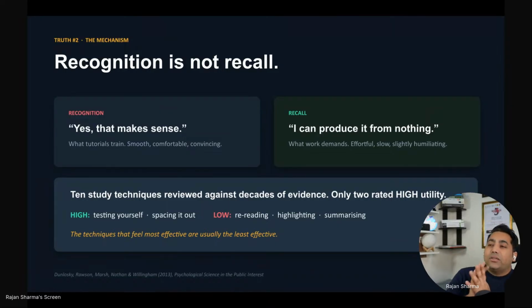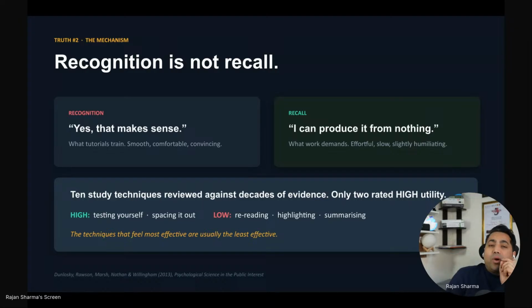So when you watch a tutorial, an expert is doing something in front of you smoothly, and it does not have any errors. It explains it clearly. Your brain is following along perfectly, like what they say, you absolutely understand that. Every step makes sense, and there is genuinely a feeling of understanding. The feeling is real, but it's a lie. Let me explain that.